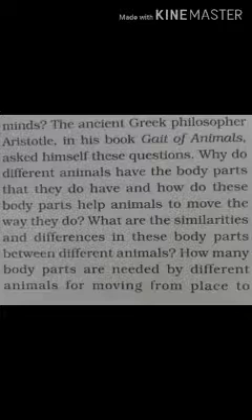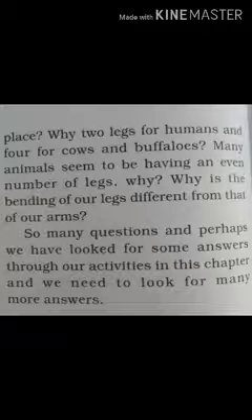Since its body is long and it makes so many loops and each loop gives it a push, the snake moves forward very fast. And if it is moving in a straight line, it will not be able to move so fast. But because it makes loops in its body, it is able to move faster. So in this chapter, we have discussed a very few animals. There are many more animals and their way of movement is also different.